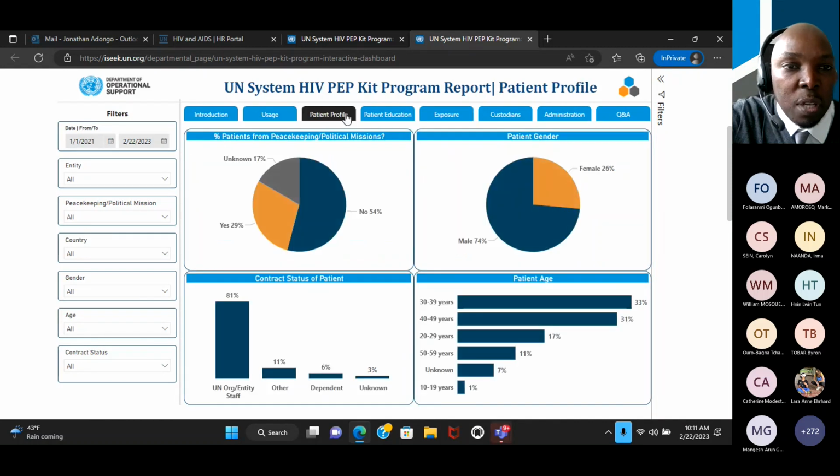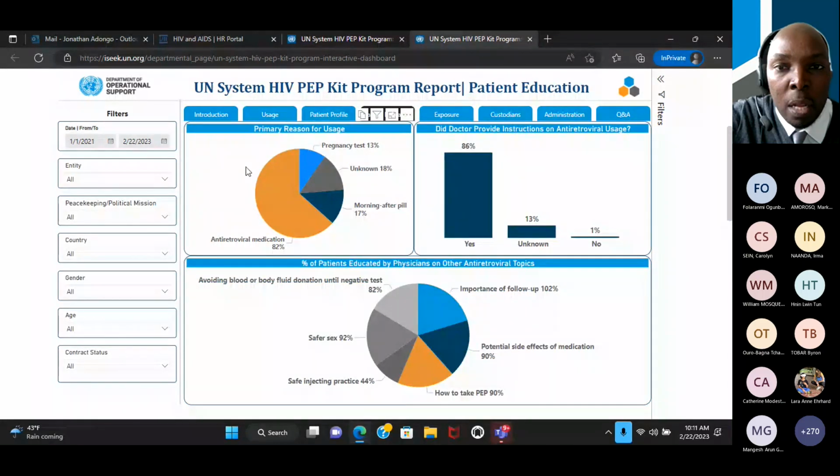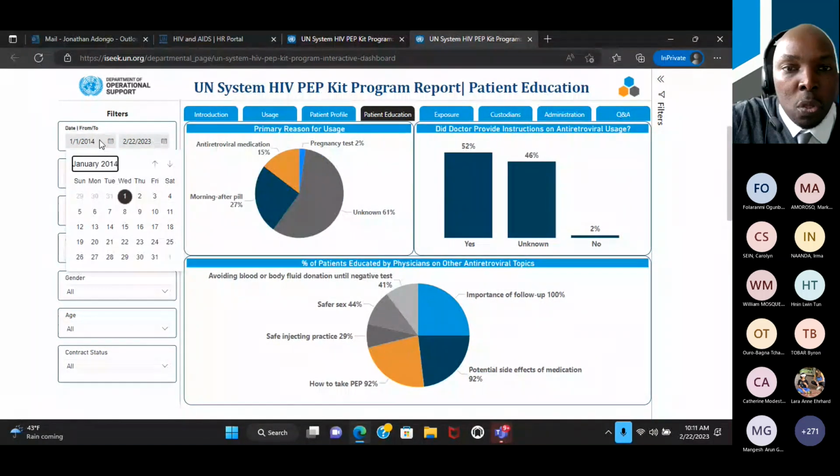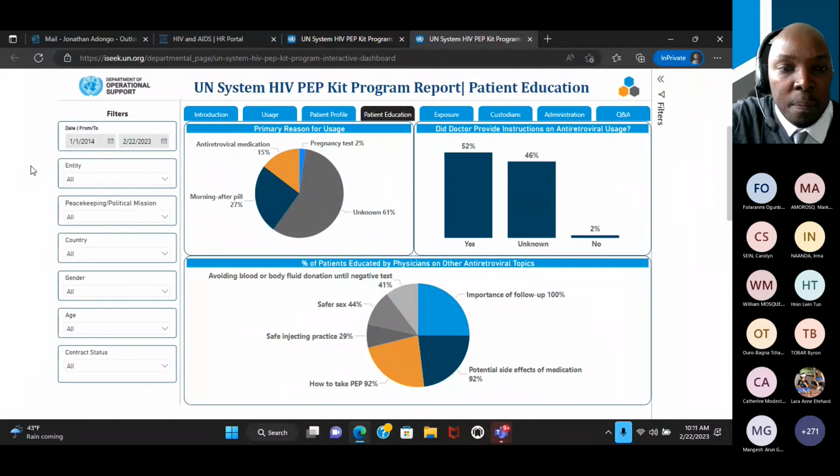So you don't have to come back. All the tabs, all the filters are linked. So if you change it on one page, it changes on all the other pages, which is convenient because then you don't have to keep track on each page of what filters you're looking at, or what data set you're looking at. But also you have to make sure that if you do want to reset, you go ahead and revert your visuals back to the original position.